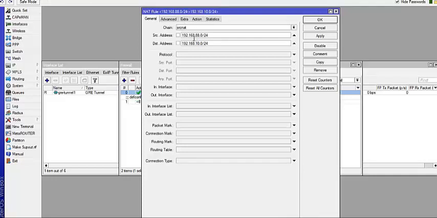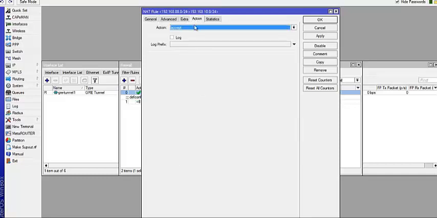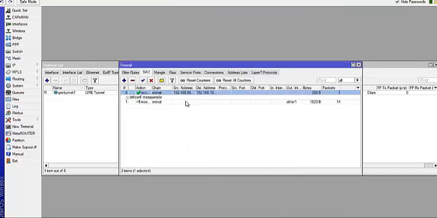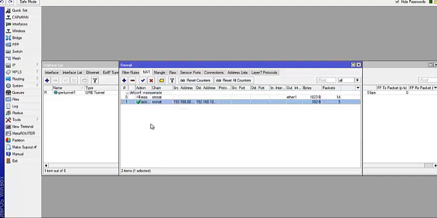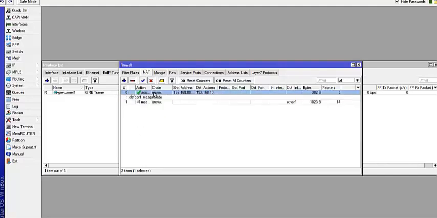You enter it here, leave it as source NAT, come over here and say it should accept. You apply and OK. Of course, if you have configured the masquerade rule, this one that you just created might be the second one. If it happens to be second after you have created it, just click on it and drag it to the first. Let it be the first.